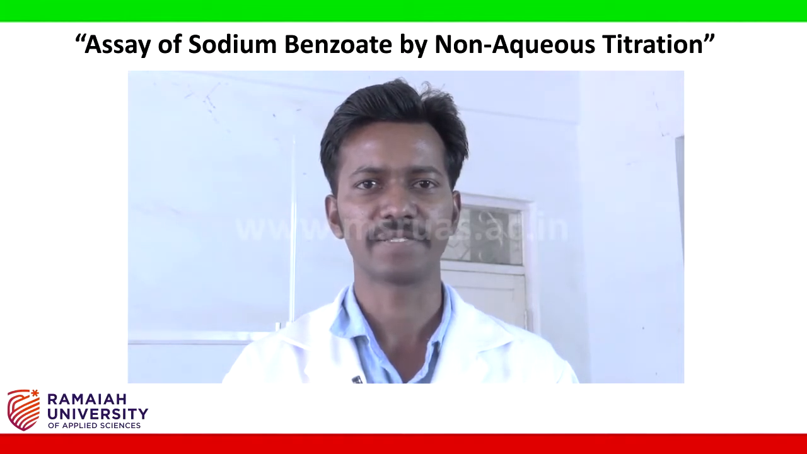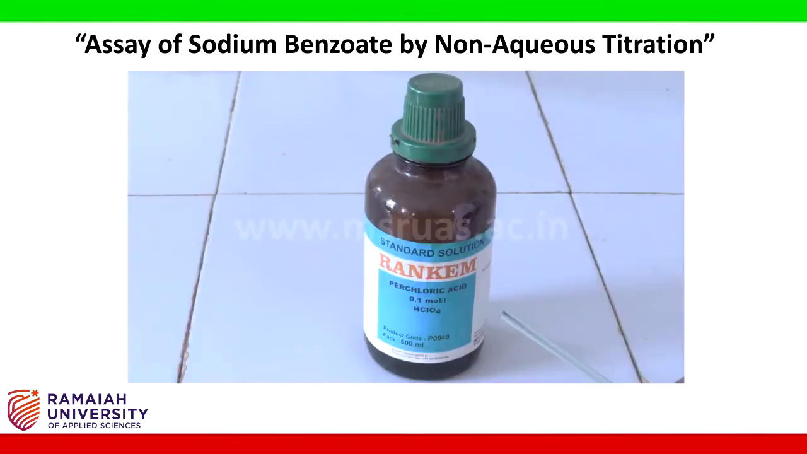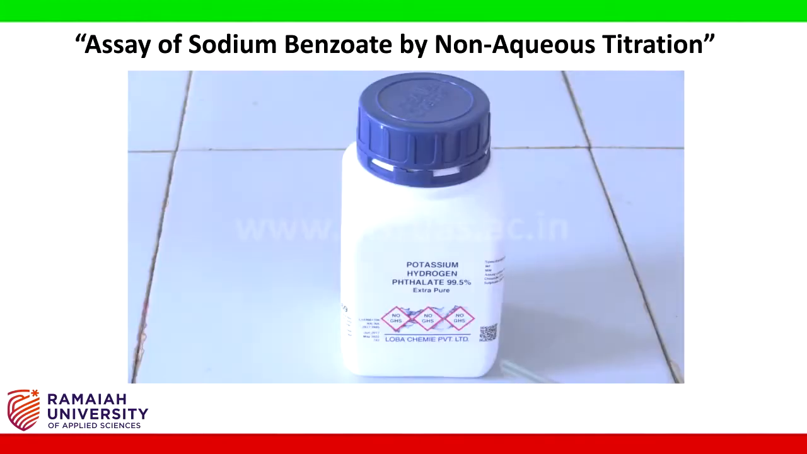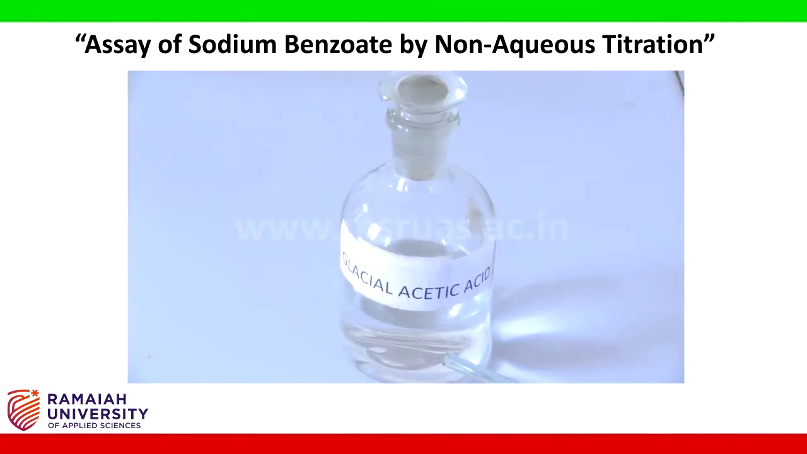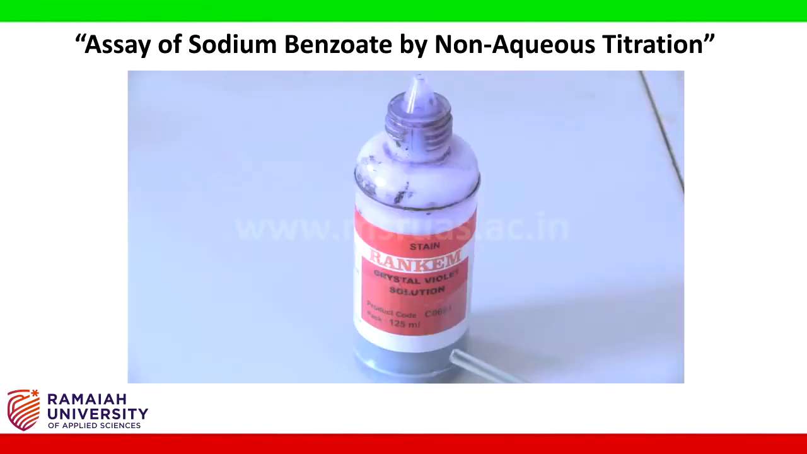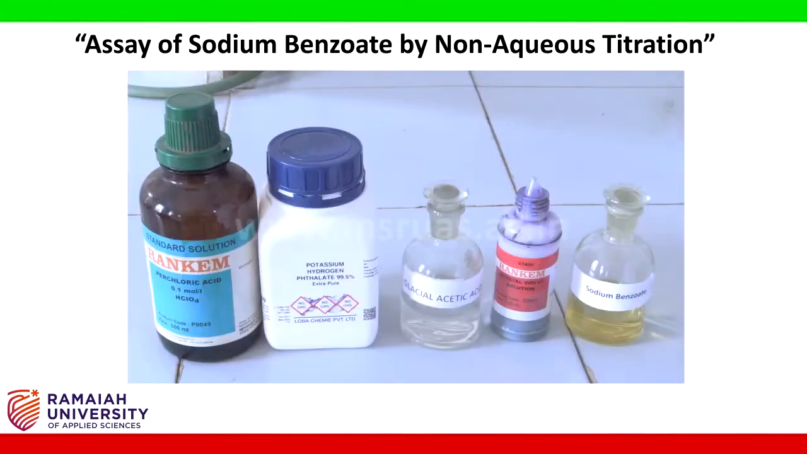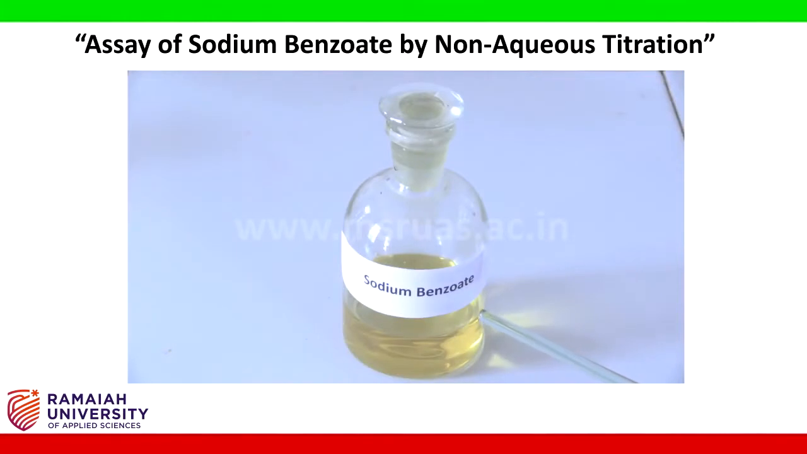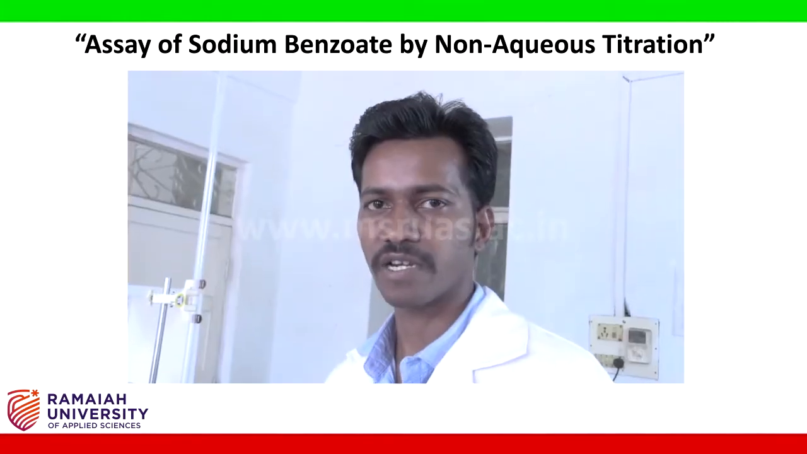Hi students, today we are going to perform the assay of sodium benzoate. Aim of the experiment: to estimate the amount of sodium benzoate present in the given sample. Chemicals required for the experiments are perchloric acid solution as a secondary standard for the estimation of sodium benzoate, potassium hydrogen phthalate to standardize the perchloric acid solution, glacial acetic acid as a solvent for the preparation of potassium hydrogen phthalate, crystal violet solution which is used as an indicator, and sodium benzoate solution whose amount we are going to estimate. Components required for the experiments are